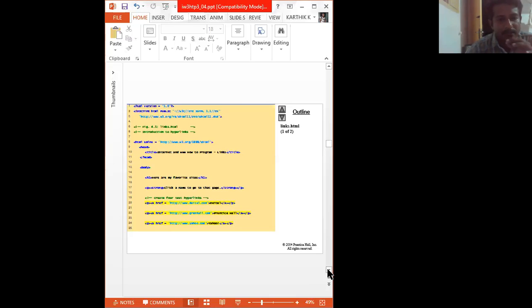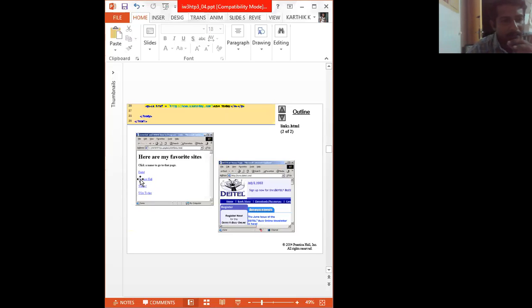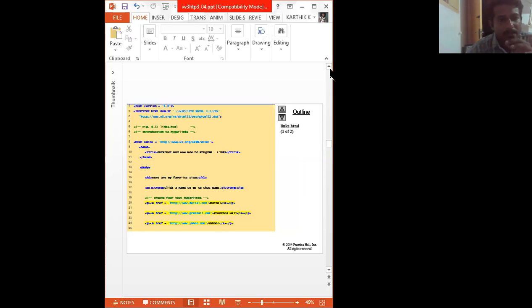So let's see here. This is a text here. Delight is going to be displayed in blue color, and also it is underlined. When you click delight, it's going to render a new page called delight.com, right? Likewise, the second one, we use the anchor tag with href attribute equal to www dot something.